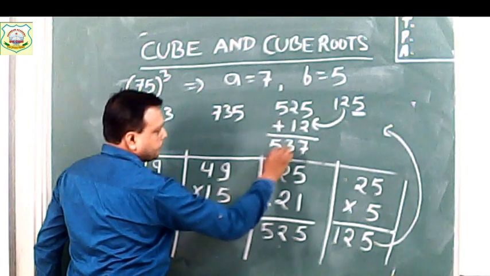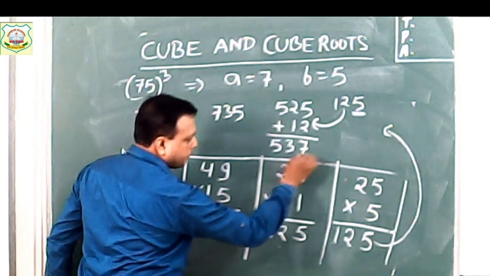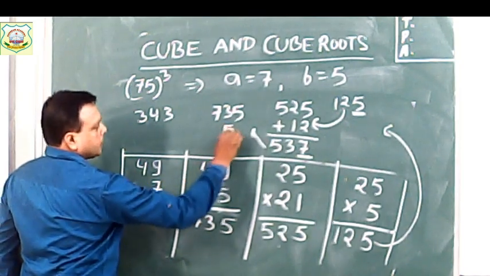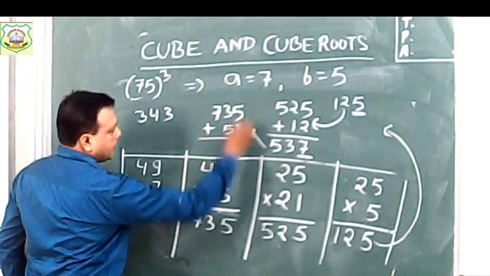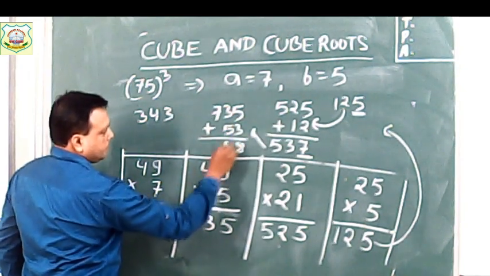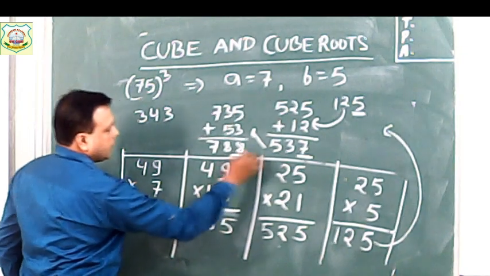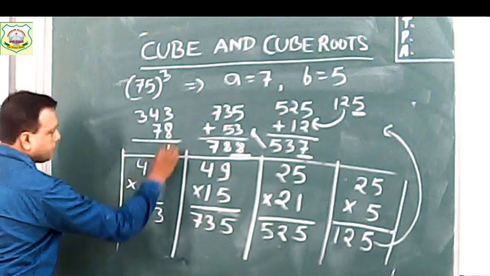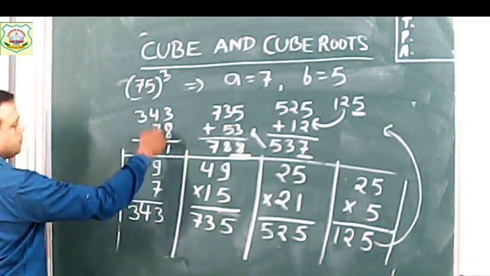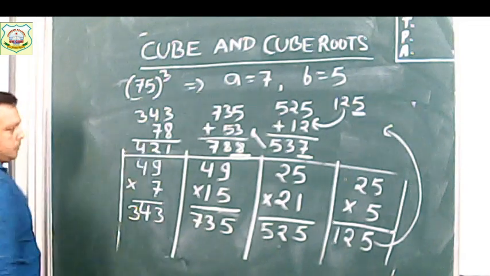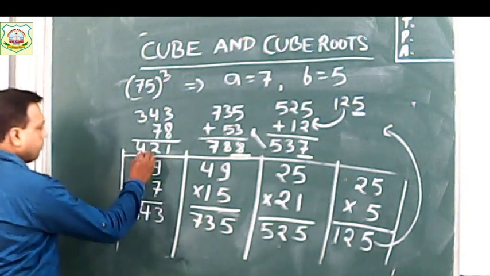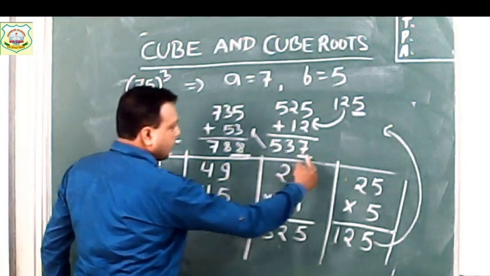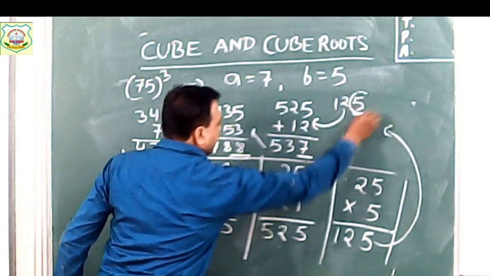This one is 5. Now here this one is underlined. 53. 53 will come this side. 53 again it will add. Now 8 will be underlined. 78 will come this side. 8, 3, 11, 12, 4. So what will become? 421 is here underlined. Only 8 here. This is only 7. This one is 5. We are just circling.